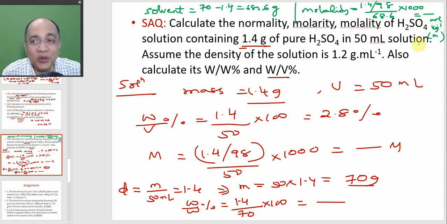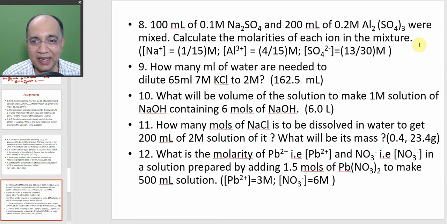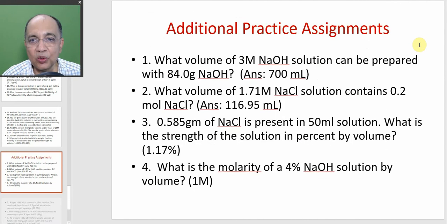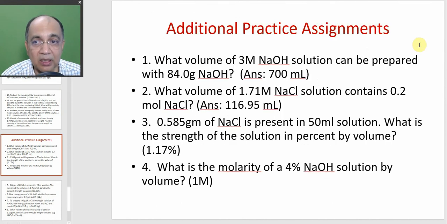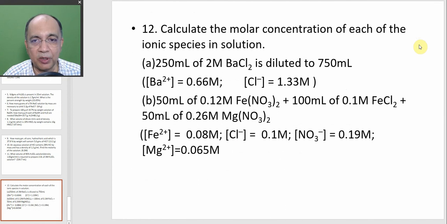So we conclude. I have so many assignments for you. Take time. Don't be in a haste to complete all this. But if you complete these assignments, you will definitely have a good grip on stoichiometry. I can assure you. So these are 20 problems, and there is another practice. It's not level 2, same level 1, all very simple. And another 11 additional practice problems.